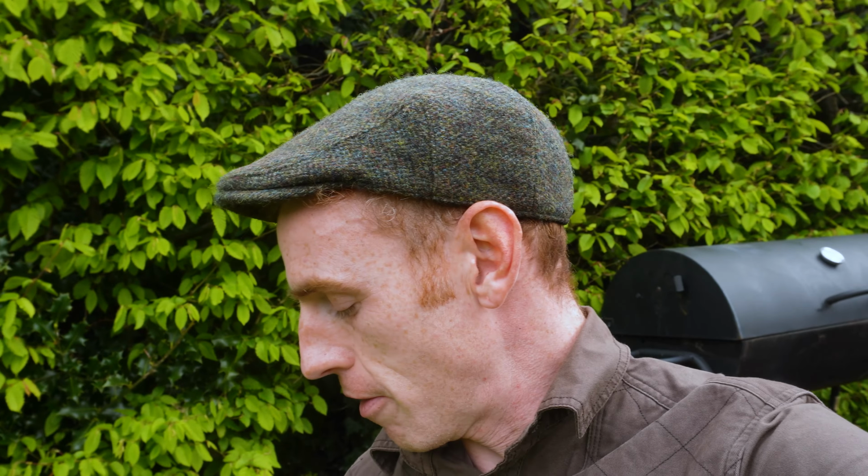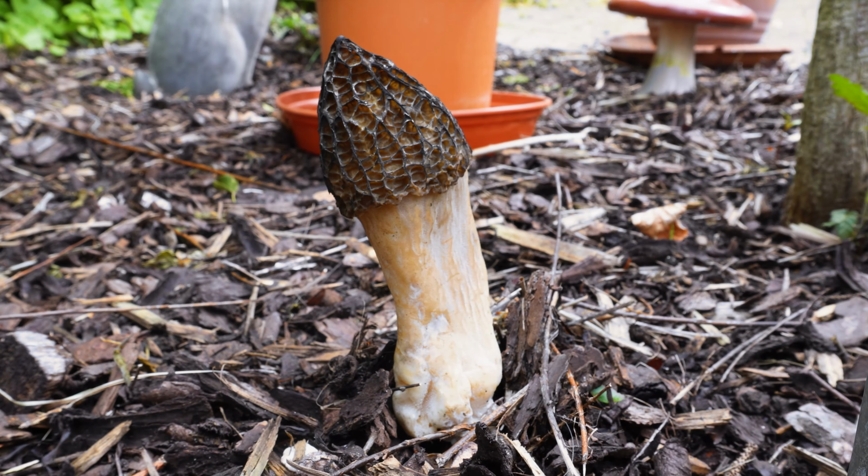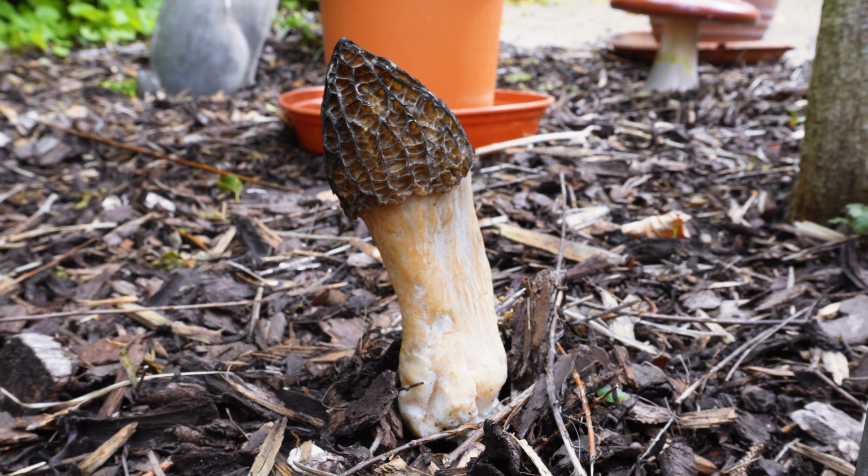So that is a great find, and what I'm going to be doing with this is I've left it stand in my garden in some bark soil. Just behind me there's a load of bark chippings, and that's been stood in there releasing its spores. So hopefully that will inoculate that bit of soil and those bark chips, and we might get some morels in the future. But I'm going to actually cut this in half, leave half to decompose here,